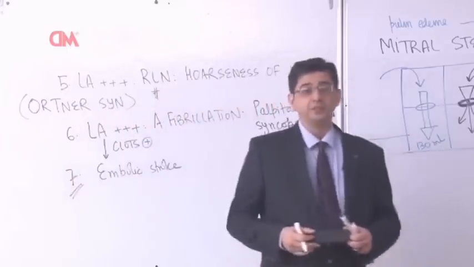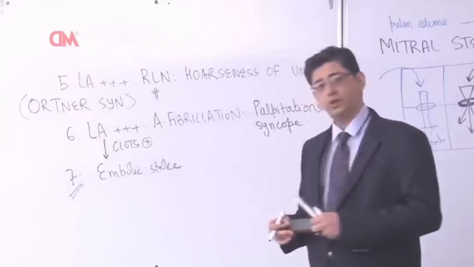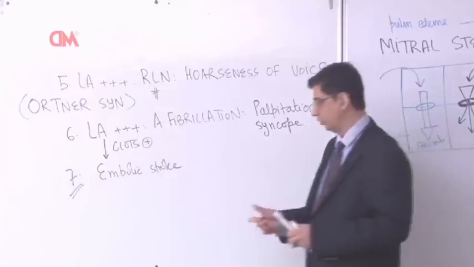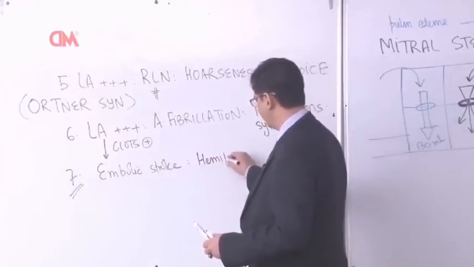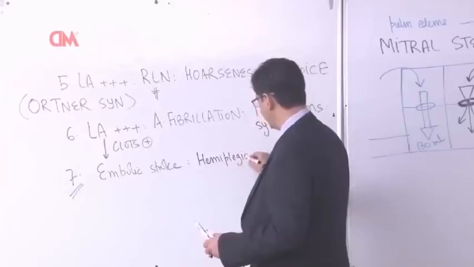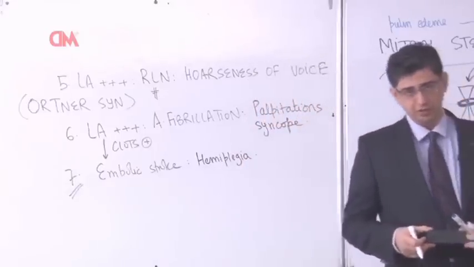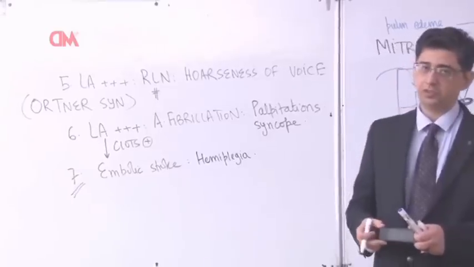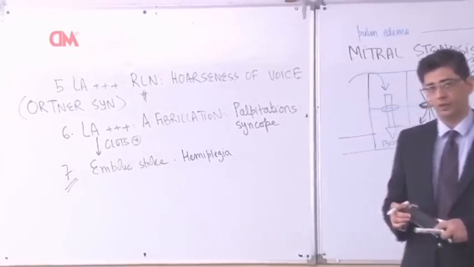No other valvular lesion contributes to development of embolic stroke unlike mitral stenosis. Therefore, this patient could be having a development of a hemiplegia or a quadriplegia depending upon which territory or which blood vessel in the brain is involved. But overall, I can say the fact that when it comes to mitral stenosis, this valvular lesion is notorious enough to cause even manifestations of embolic stroke and atrial fibrillation.